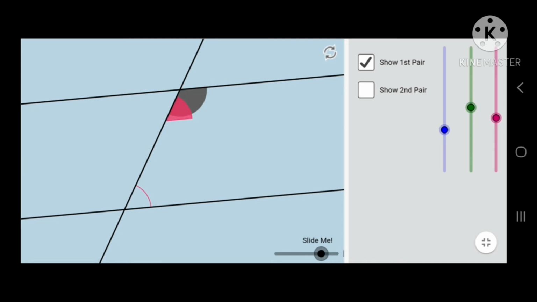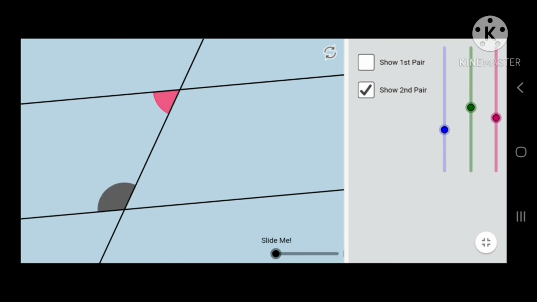Now you can see here it's a co-interior. Now these two form a linear pair, that means their sum is 180 degrees. So you can see here, if you take the same angles, their sum is also 180. If this is 180, this is also 180, the sum of these two angles. Just keep a mark on the pink one and the gray one. So this is the same pink angle. So the pink angle plus the gray angle becomes 180. Here also it should be the same, that is the pink angle and the gray angle, their sum should be 180. That means the co-interior angles or angles on the same side of the transversal are supplementary.